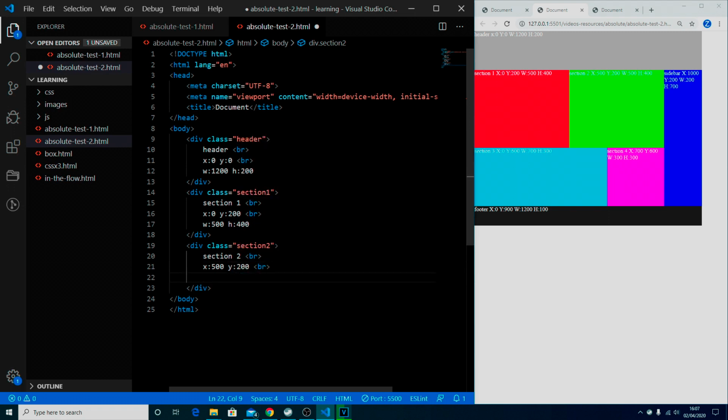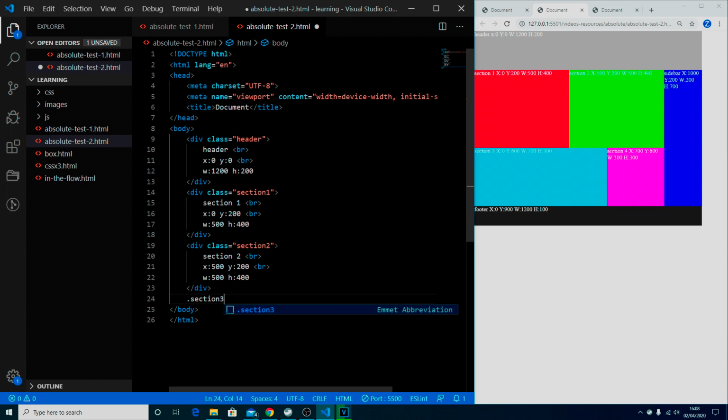A new line. The width is 500 and the height is also 400. I'll come out of there, and then we do section 3, so dot section 3,